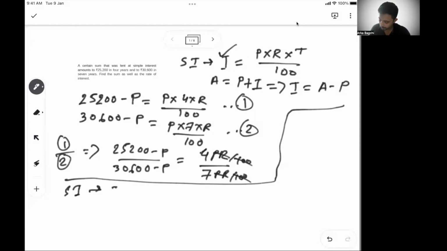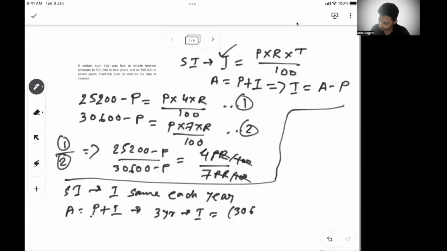So simple interest means interest is the same each year. So your interest is going to be the same for each year. Now for 4 years, the amount is 25,200, and for 7 years, the amount becomes 30,600. So amount is comprised of principal and interest. Now your principal is not increasing, so your interest is only increasing. So can I say for the 4th to 7th year, that means the 3 years, your interest is 30,600 minus 25,200,